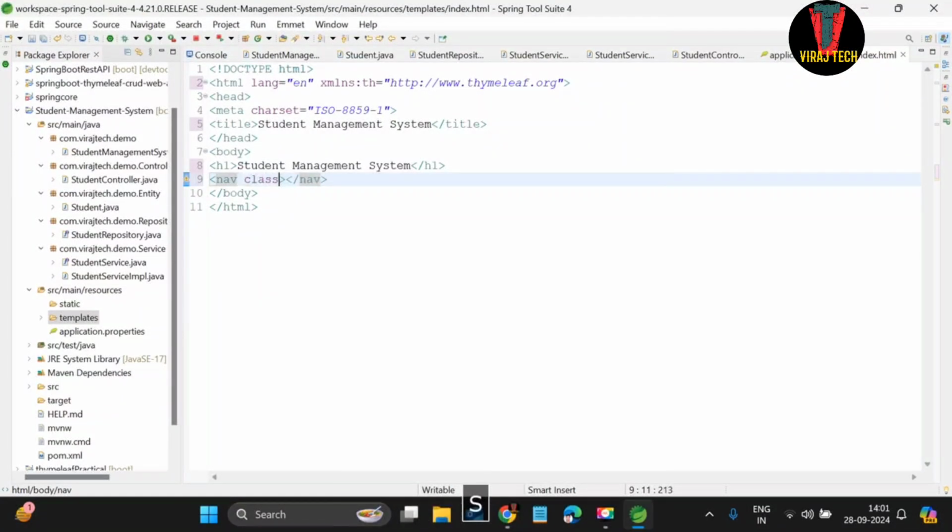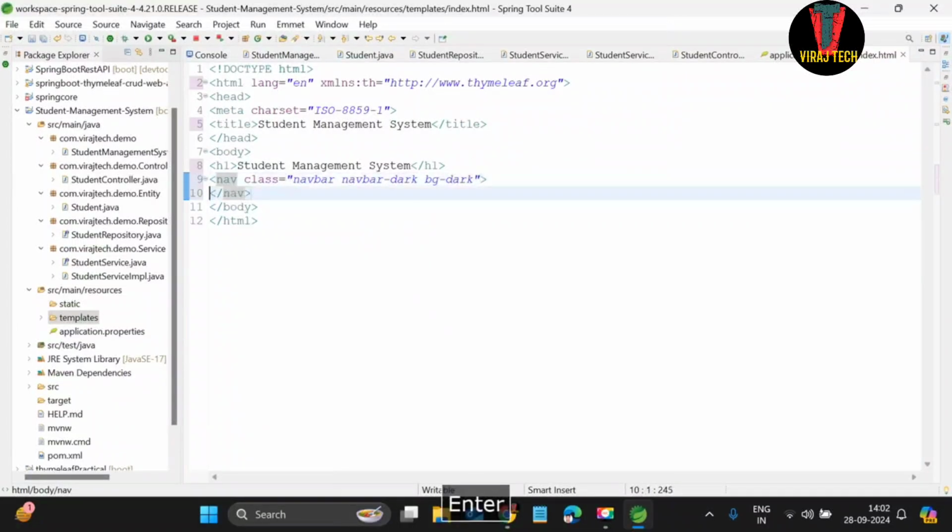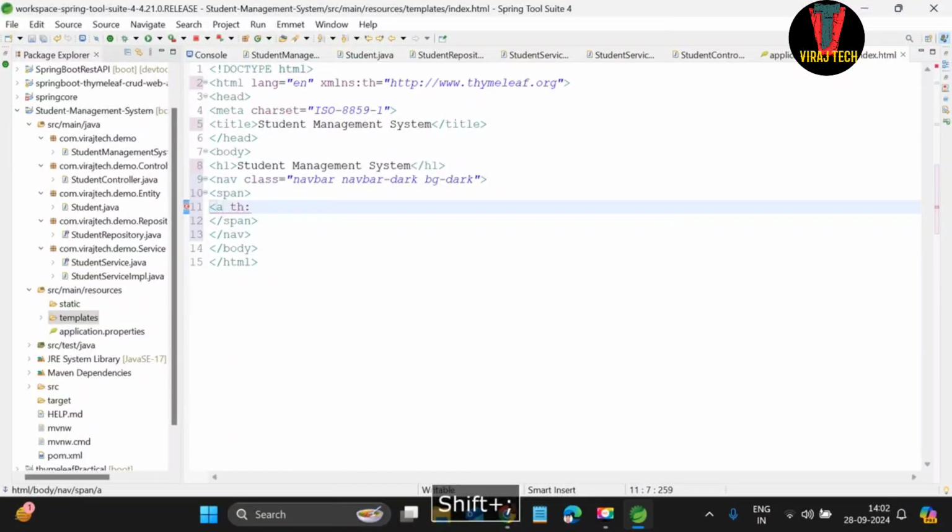We are going to use the Bootstrap property class as navbar, navbar-dark, bg-dark, and inside that we are going to create a span tag, and inside that an anchor tag, th:href equal to double quotes at the rate bracket slash, and class equal to btn btn-primary button, and close this,